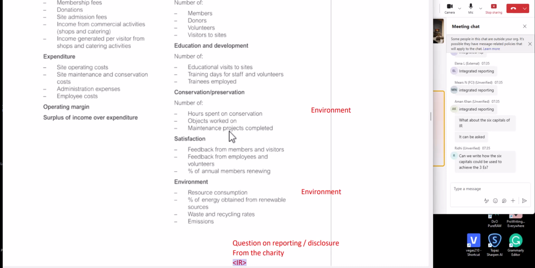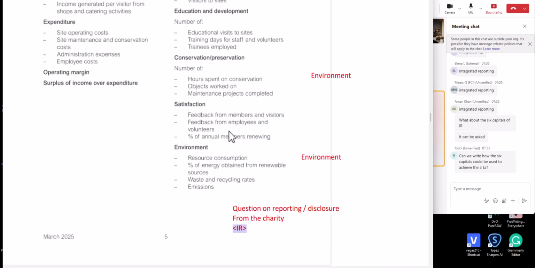Yeah, that kind of question might come up. The 3Es is also another performance measurement tool that you can use. IR is more about this disclosure, but for day-to-day performance measurement, you may use these KPIs and talk about the economy, efficiency, and effectiveness of the charity. Definitely the 3Es is also another way to provide effective performance measurement for NGOs, the public sector, and charities. So the 3Es, economy, efficiency, effectiveness, definitely could come up.